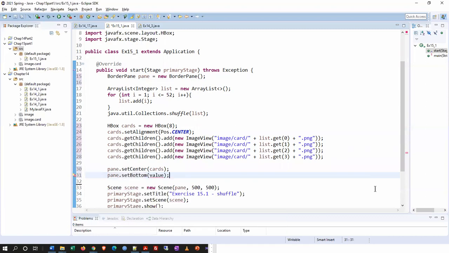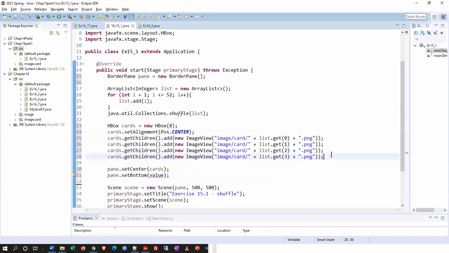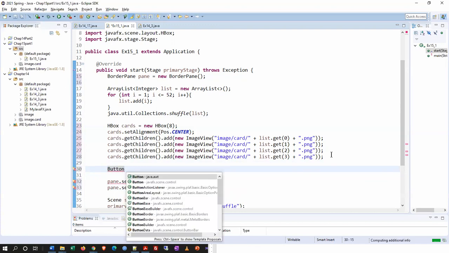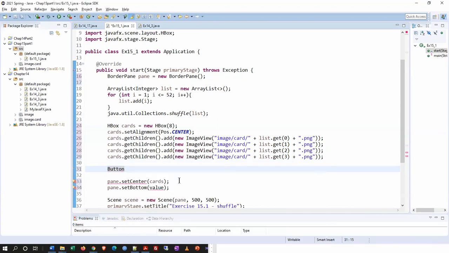And then here for the bottom pane of the border pane, I'm going to put in my refresh button. Now, I haven't created the button yet. Hey, maybe it's a good idea to do that. Hey, let's do that. All right. So I've created my HBox with the cards, added one additional card like we need, but now I need to create that button. So I will call upon the button class, and then we'll do a control space immediately to pull in the right library. Careful on this one. AWT is default. We're going to go to JavaFX. And let's just call the button bt